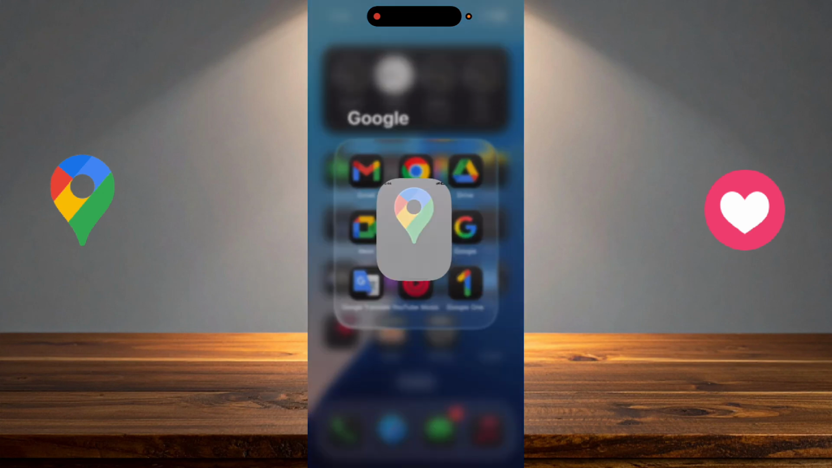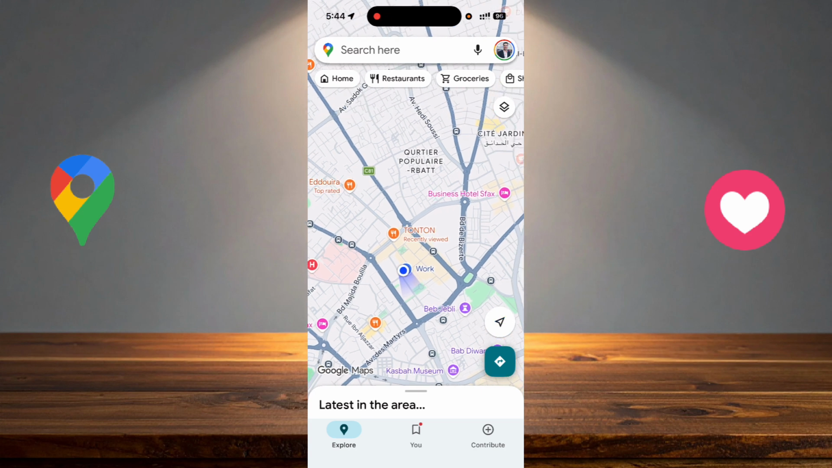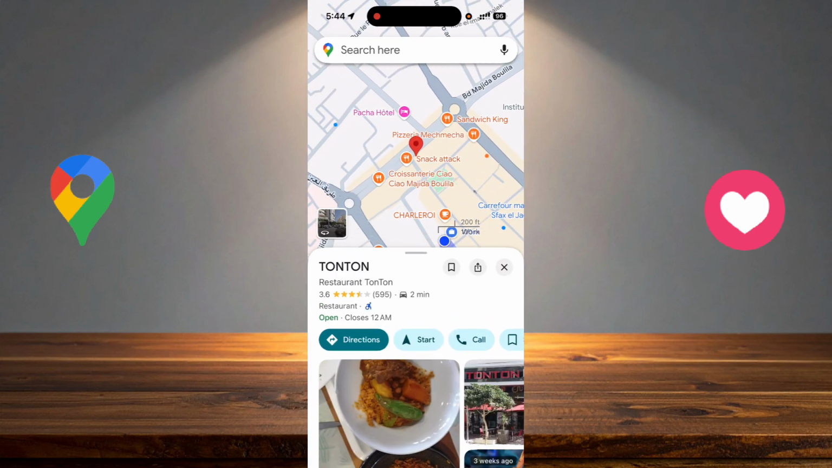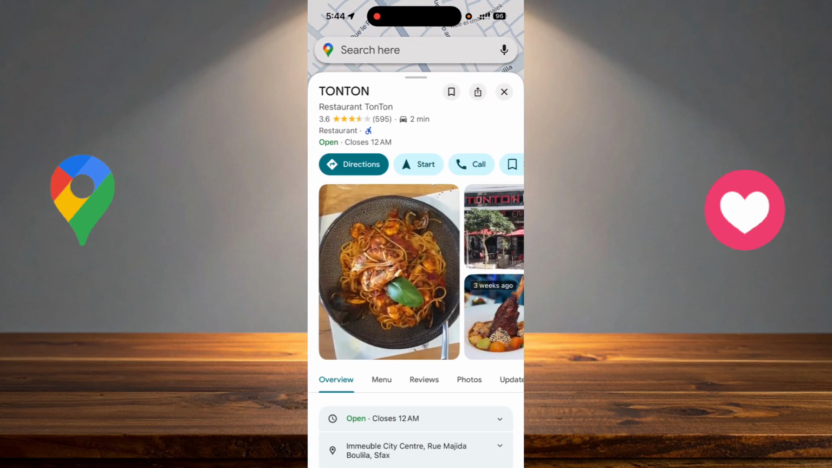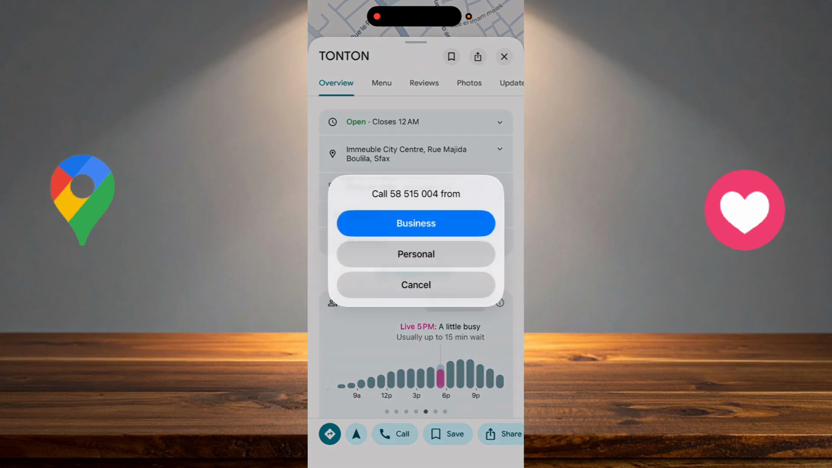You just have to go to Google Maps, and after that, choose any business that you want to call from Google Maps. And after that, click on the name of that business. Then swipe up and scroll down a little bit until you find, as you can see here, the number of that restaurant. For example, I just click on it, and as you can see, it will give me the options